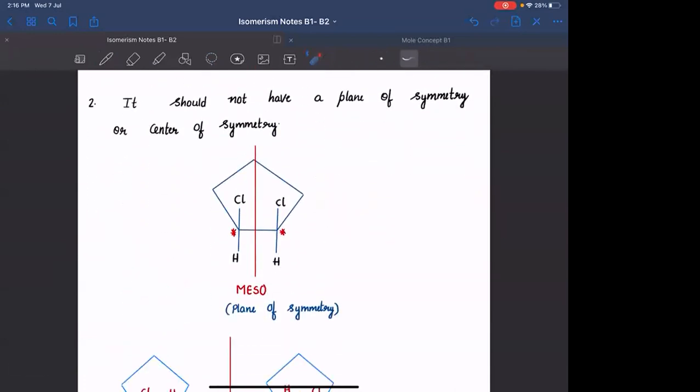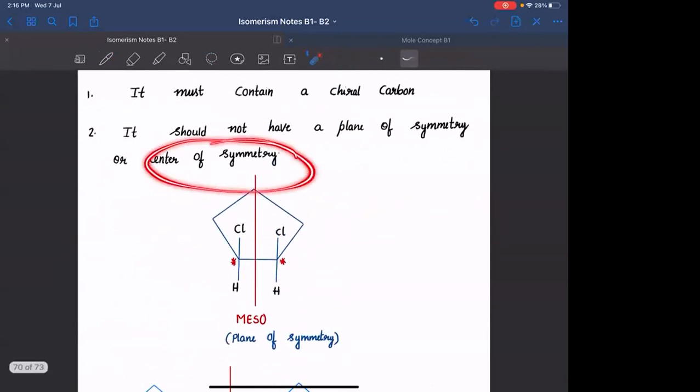Okay, so whenever you are having chiral carbon, if you see plane of symmetry, ये तो हमको already पता है, if there is plane of symmetry, the molecule will be achiral. Here you are having a plane of symmetry and this is meso. There is something called center of symmetry. We need to understand what is meant by center of symmetry and how to identify it. क्योंकि कभी-कभी molecules में you may not see the plane of symmetry but the molecule can be achiral. That is because of presence of center of symmetry.